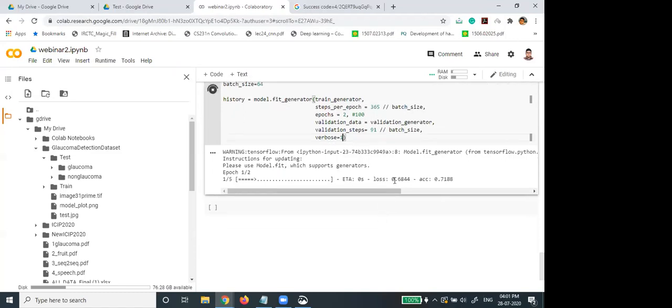So at the first stage, the training loss is 0.68 and accuracy is 71.